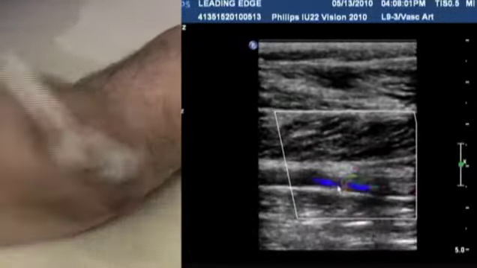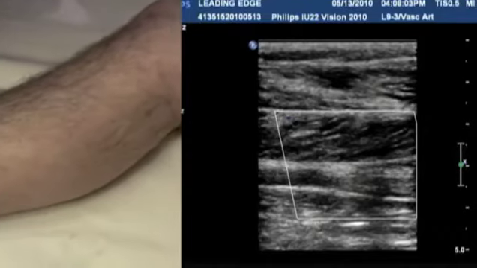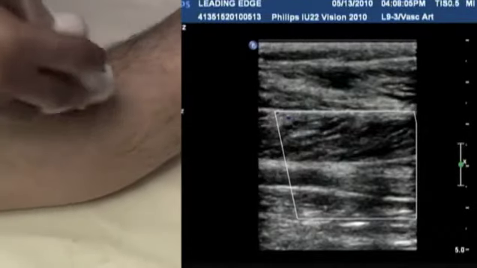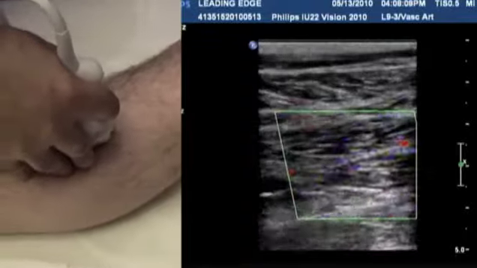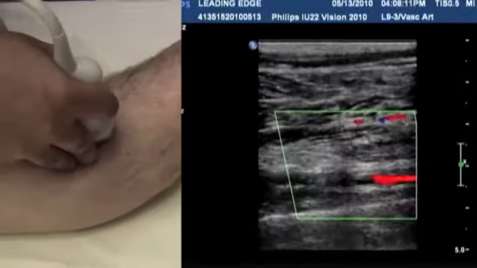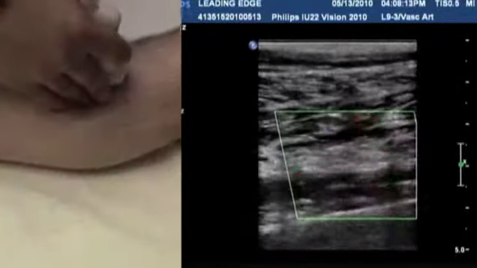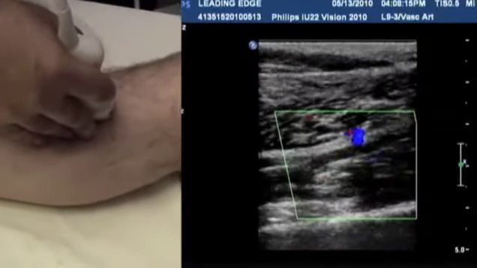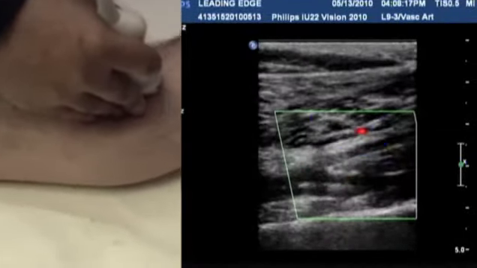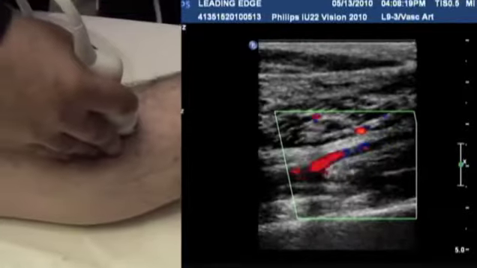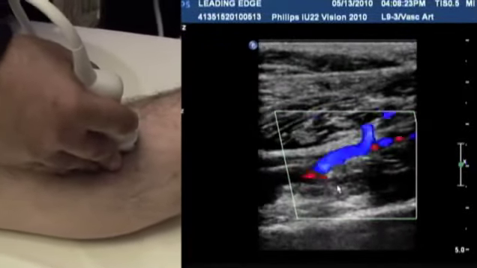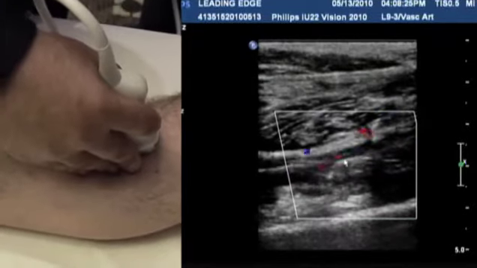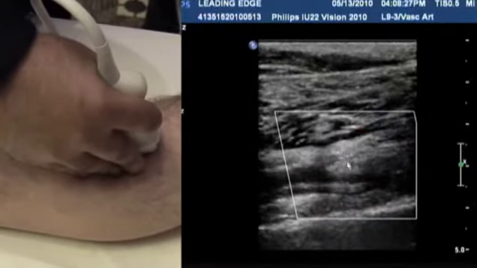I'm going to freeze this for a second. That's from a kind of a posterior approach. Let's use a more medial approach and see if we can identify that again from this approach. Sometimes this approach works better. I recommend that you try multiple approaches until you find the one you think works best. And this is a much nicer image in this model. And what you can see here, again, is the tib-peroneal trunk, the posterior tibial artery, and then the peroneal